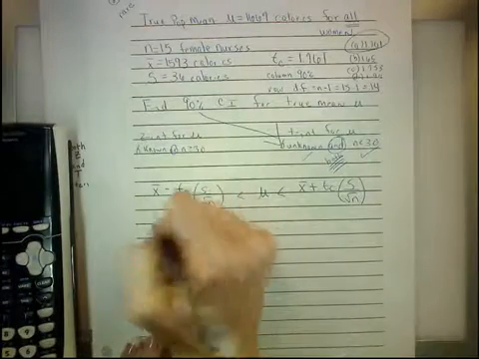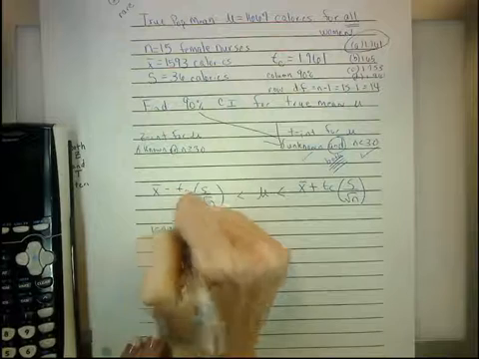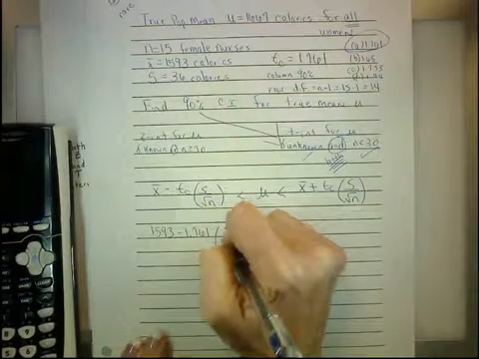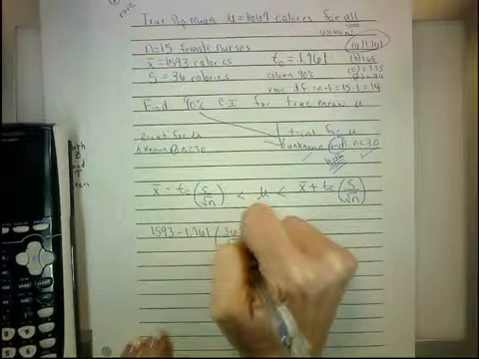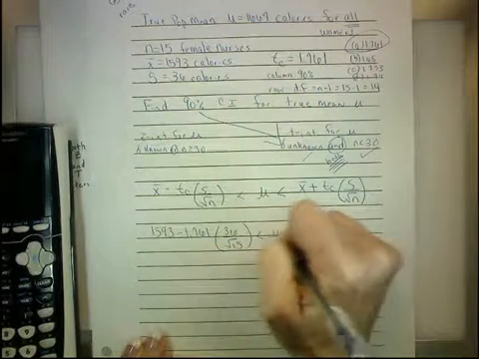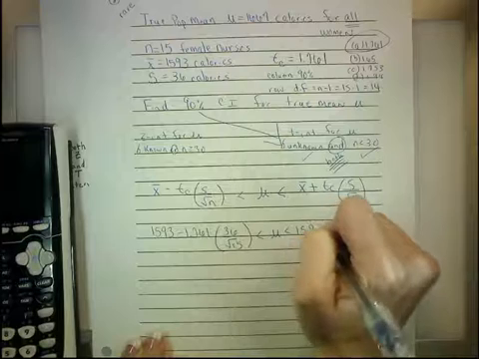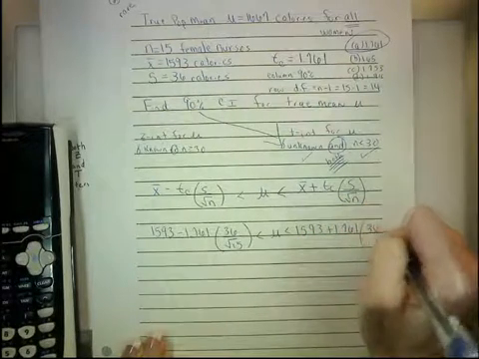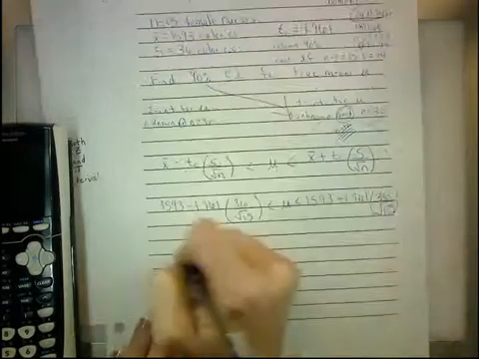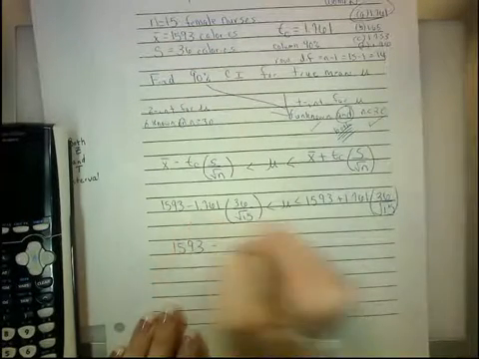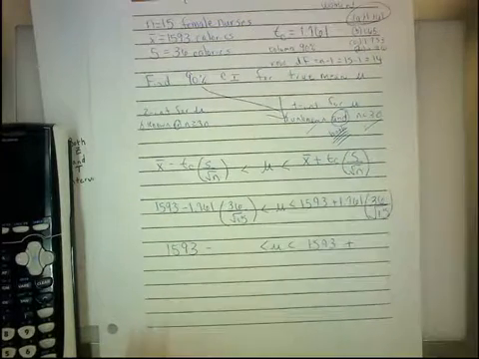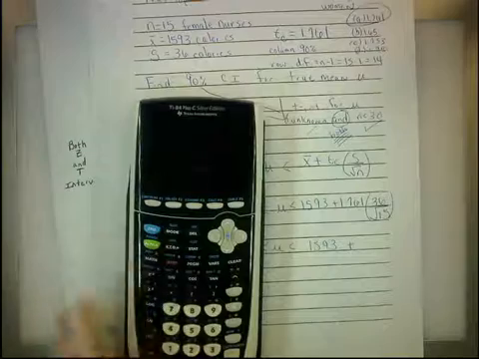Let's plug in. This is going to be 1593 minus 1.761, 36 over the square root of 15. 1593 plus 1.761, 36 over the square root of 15. 1593 minus E, and 1593 plus E. E,